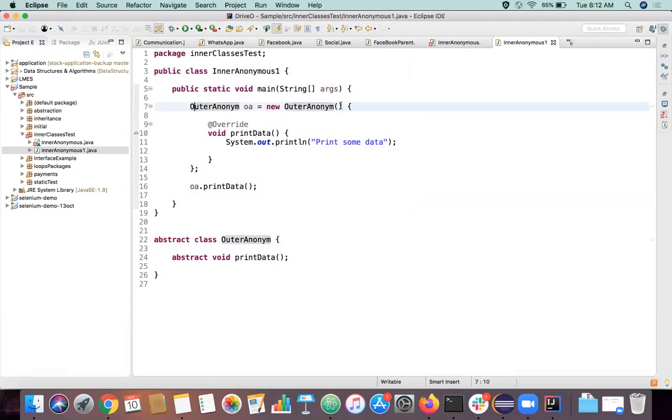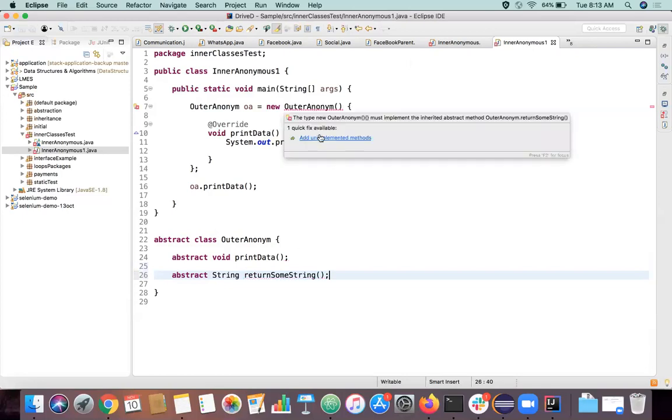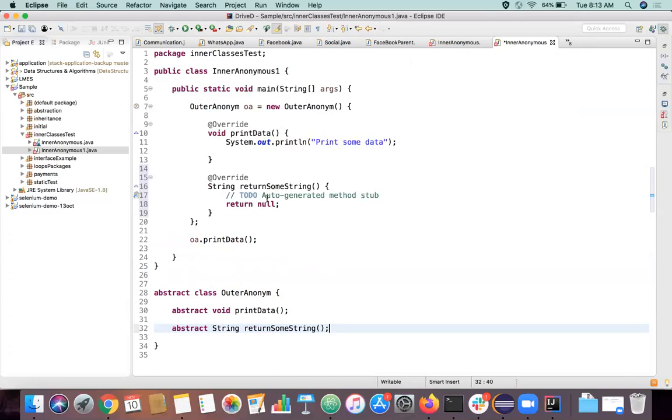Whenever you create an object for an abstract class or an interface like this, we have to override its method. If we add one more method like this, for example a string, it will ask us to override that also. So you're getting the basic idea, right?